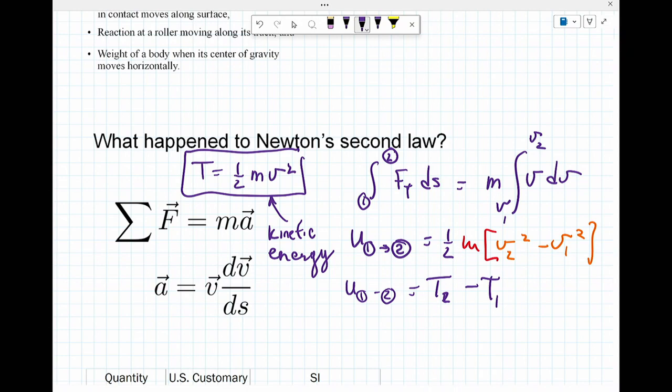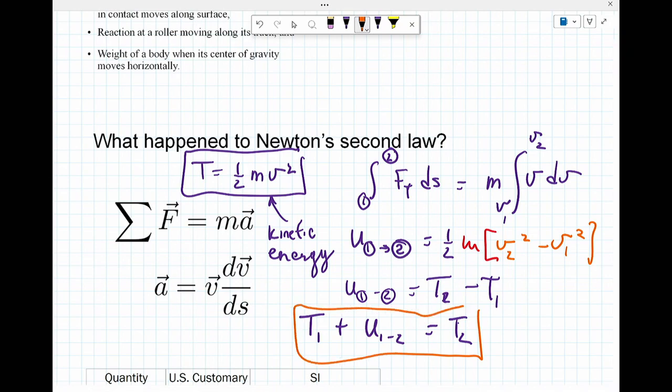Now I have an expression that tells me the difference in kinetic energy is equal to the work done during this motion. So T1 plus work, 1 to 2, is equal to T2. And that ends up being a primary one, but